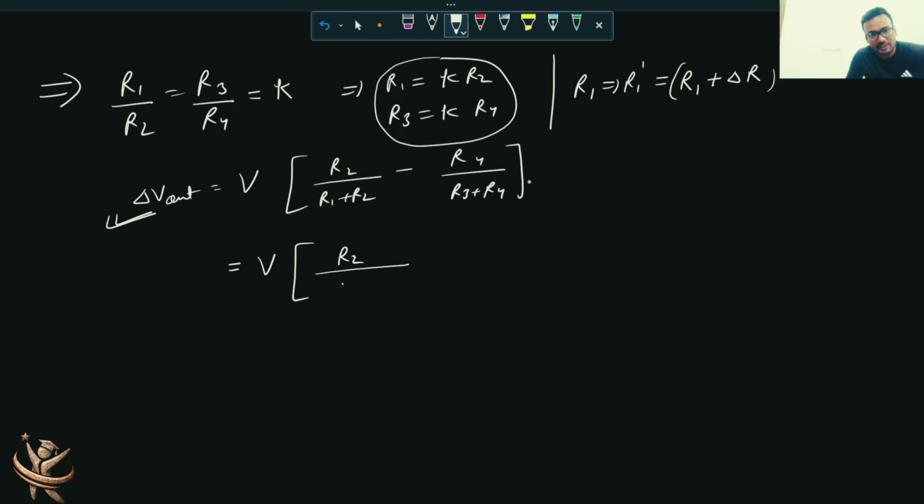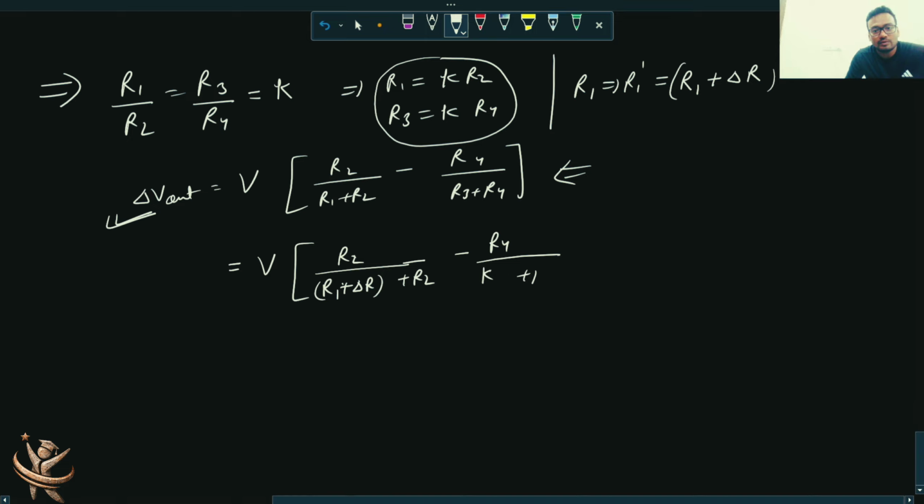Now you are making changes in it. So R1 will become R1 plus delta R, this is after the change, plus R2. This was the initial expression, and in that equation I'm making changes. So minus R4 by R3. In place of R3 you can write K R4, and then R4. Let's solve it further. So R2 as it is, in place of R1, K